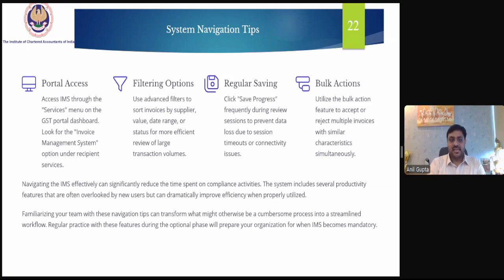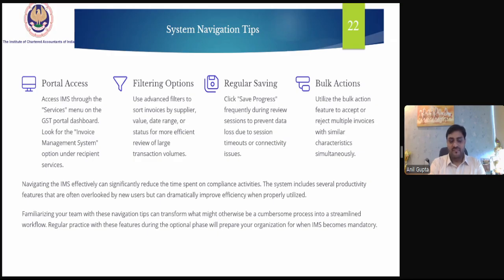Navigating the IMS effectively can significantly reduce the time spent on compliance activities. The system includes several productivity features that are often overlooked by new users but can dramatically improve efficiency when properly utilized. So consider the IMS as an opportunity rather than a cumbersome activity.